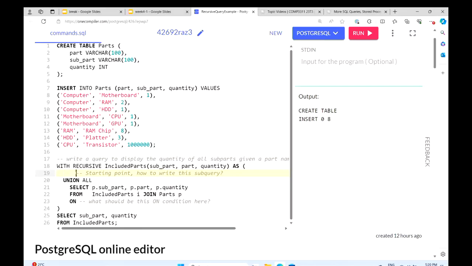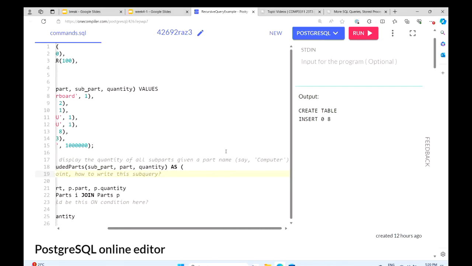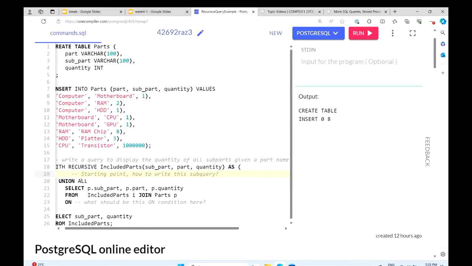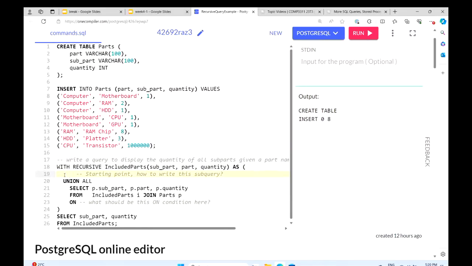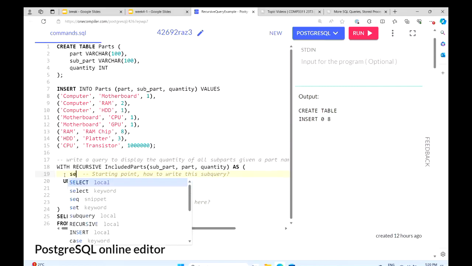So let's think about the initial state first. Let's say we want to get the parts for computer. What's the initial state? The initial state is we should select everything where the part is equal to computer, right? So we should select the direct subparts for computer. This is very straightforward.